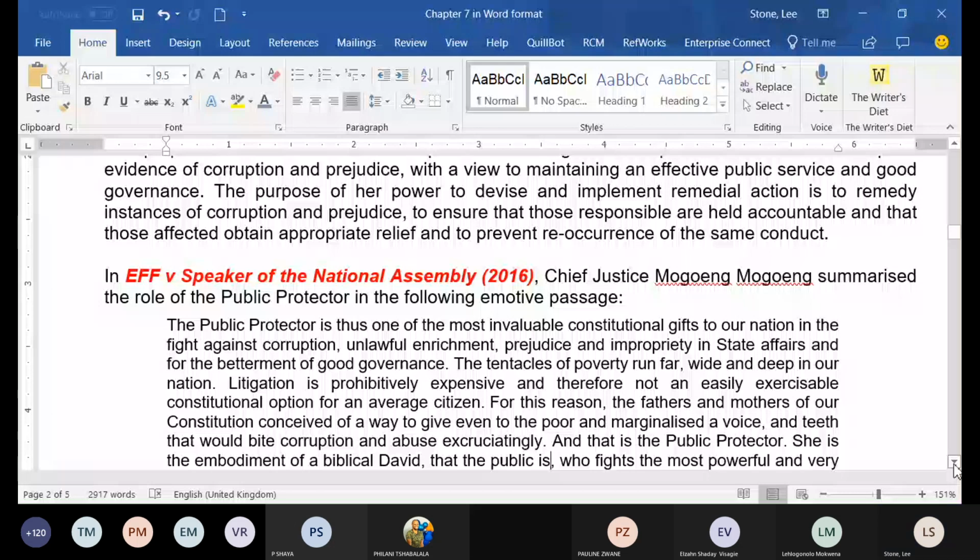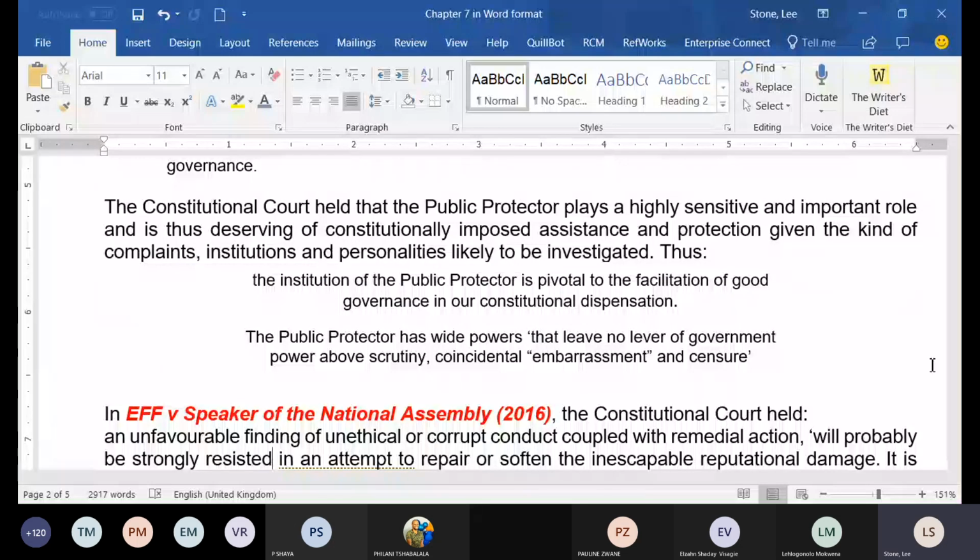And more importantly, the public protector has powers that leave no power above scrutiny. So not even the president is beyond reproach. And it is just too bad if the investigation does lead to coincidental embarrassment, which is what happened with former President Jacob Zuma. He was embarrassed by the fact that there were allegations